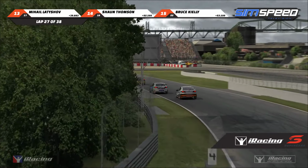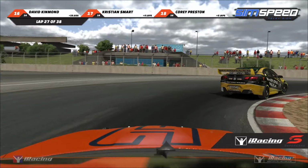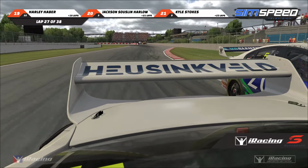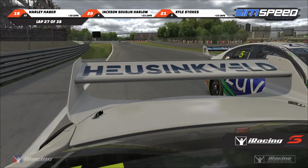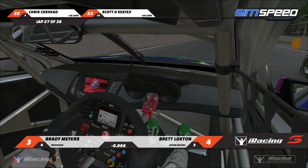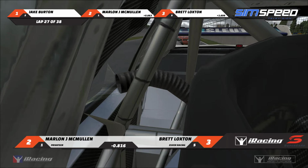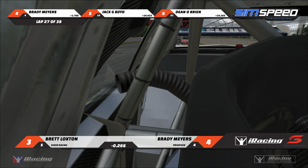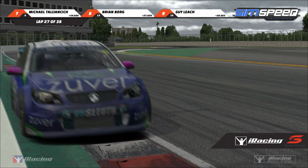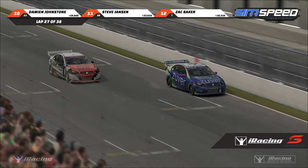Oh no, that is tragic. Oh, and Brady Myers might even just get there. He actually had to probably get on the anchors a little more than he wanted to. Maybe Brett's got to clear a little bit more of that because he's given up the track position there on the outside. He's gone for a wider line to try and get the power down the straight, but Brady's now got the inside line for the chicane. And that Zuba racing machine, it's got some ponies on the hood, and Brady's decided to tuck back in. So maybe they're going to work together to try and not let this race escape them, because I think McMullen's probably, if anyone's going to...